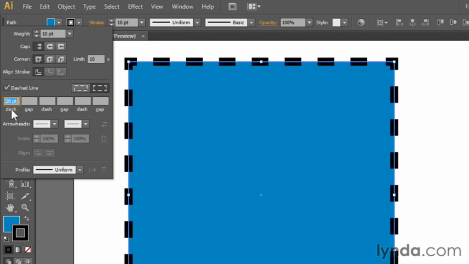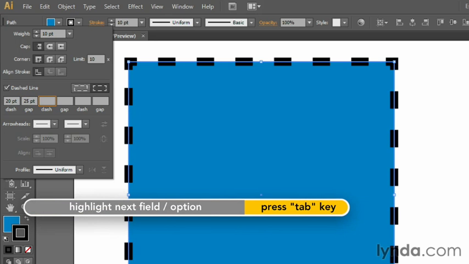Here you can determine the length of the dashes and the length of the gap in between them, and you can do that for several different iterations. So here it starts off usually with 12 points. I'm going to keep that on the 20 points that I have entered though. For the gap, let's do 25 points. Once you enter in a number, you can just press the Tab key and it'll automatically take you to the